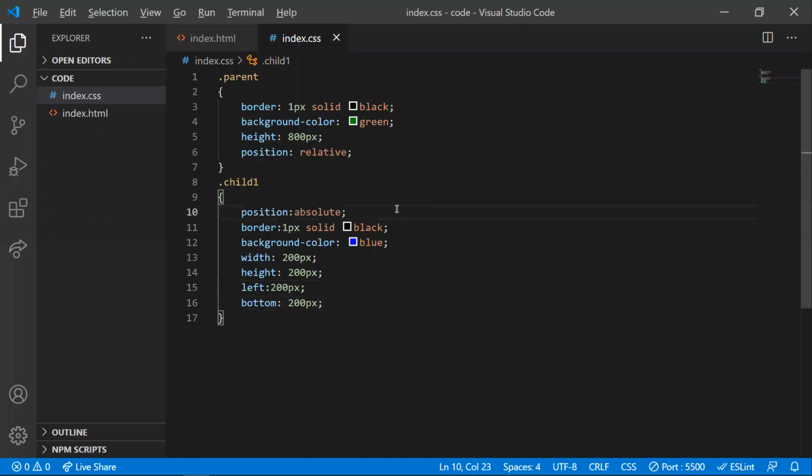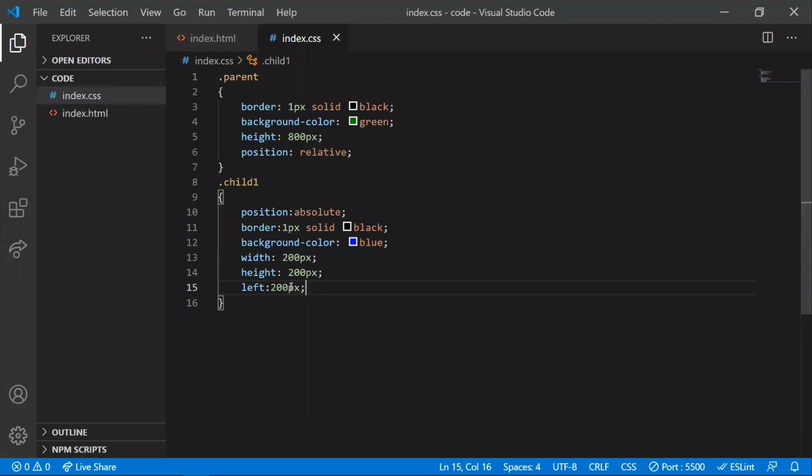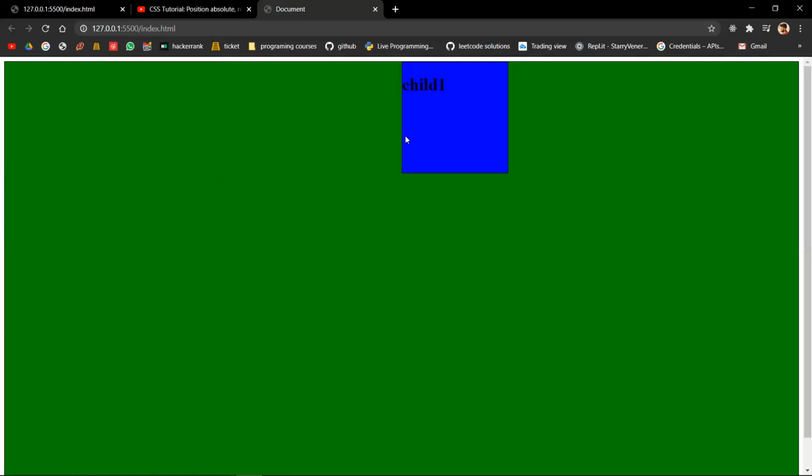We need to give position relative so that it moves with respect to that div. So if I put absolute to this, then it moves. So if I take this as a TV, then I need to move it to the center, right? So what I would do, 50%, it moves to the center.